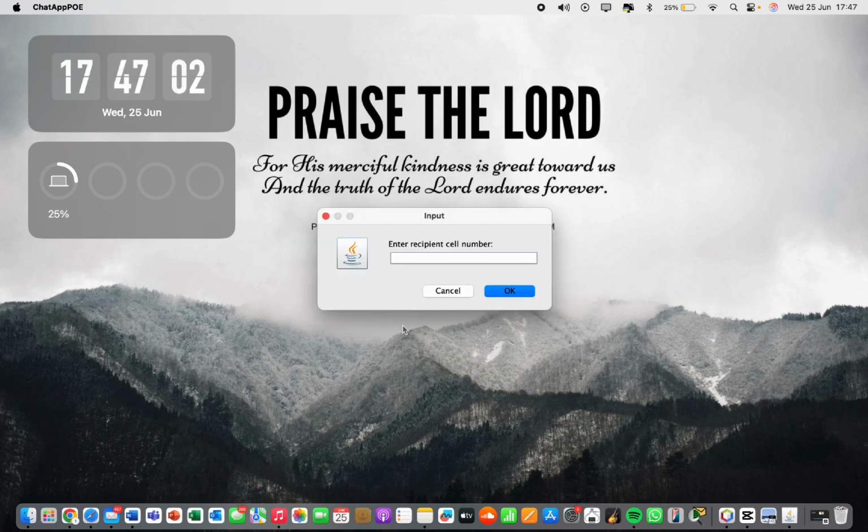Our cell phone recipient number, we will just enter. Okay, I'll get it wrong obviously just so that you can see that it actually does work. So we'll just say 07, and then it asks me to enter again because obviously it's not in the international country code format. So then we will enter it in that format, and then to enter our message, we'll just say, hey, this is Julian Pillay's assignment part 3